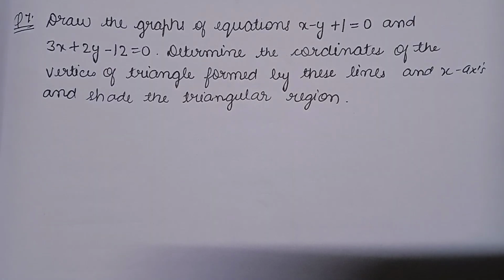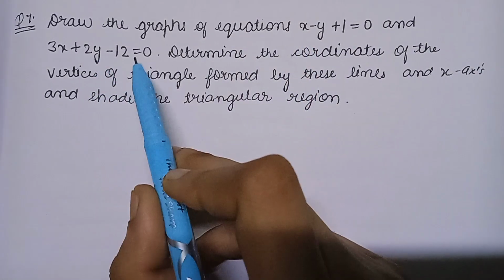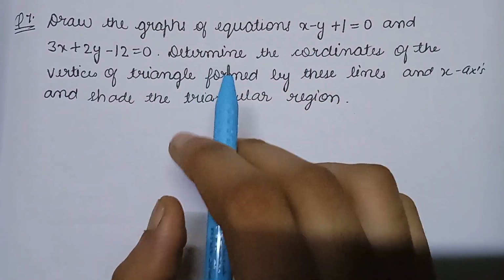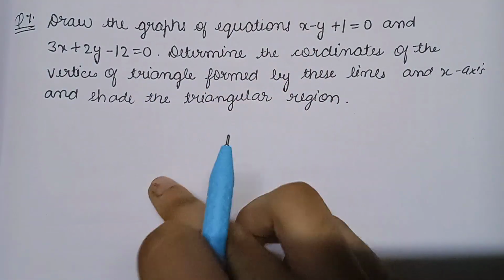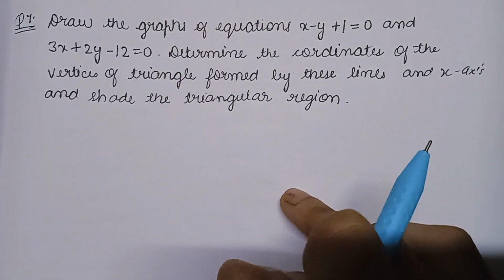So what we have to do in this question is, यहाँ पे हमारे पास दो equations हैं, this one and this one. We have to plot these equations on a graph. इन दोनों equations को हमें graph में plot करना है. ग्राफ में प्लॉट करने के बाद हमें कोऑर्डिनेट्स मतलब वो पॉइंट्स पता करने हैं.